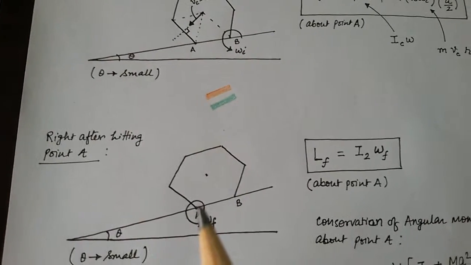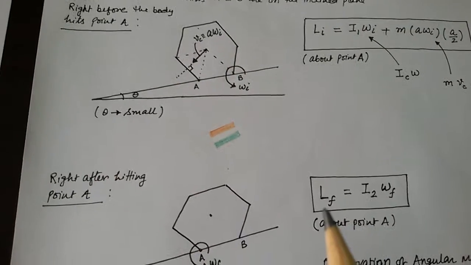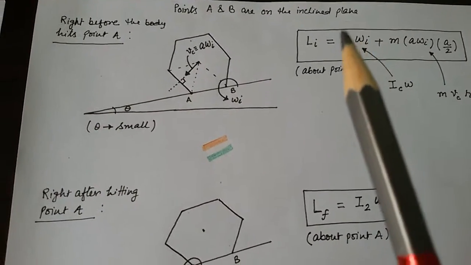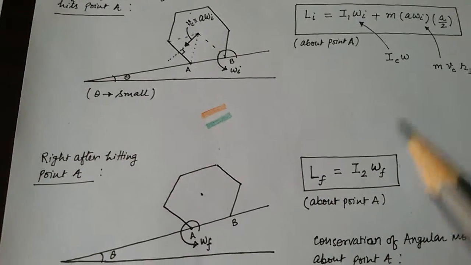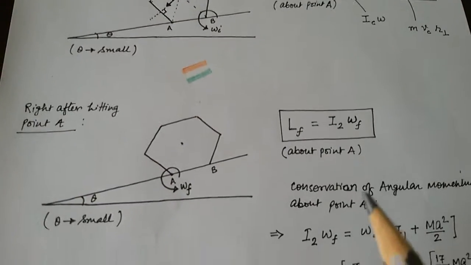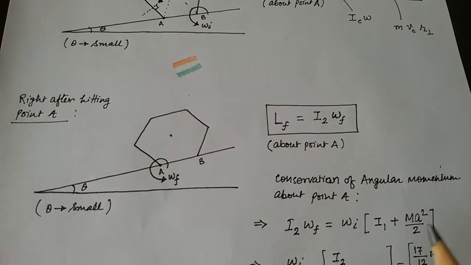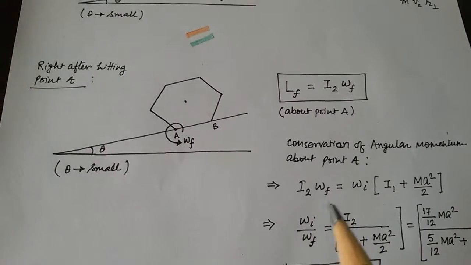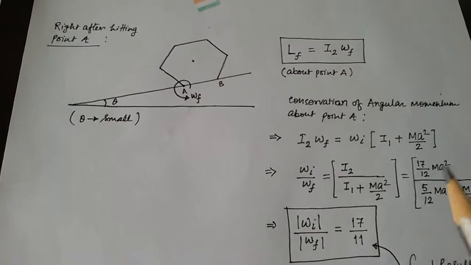Right after hitting point A, pure rotation about point A, so angular momentum about point A is what? I2 omega. This omega is omega final, and this was omega initial. So conservation of angular momentum about point A, because the torque about point A is 0. So I2 omega_F equals omega_i times I1 plus M A square by 2. This is initial angular momentum equals final angular momentum. This gives us omega_i by omega_F equal to this. I2 and I1 are given to us in the problem, right? So this ratio comes